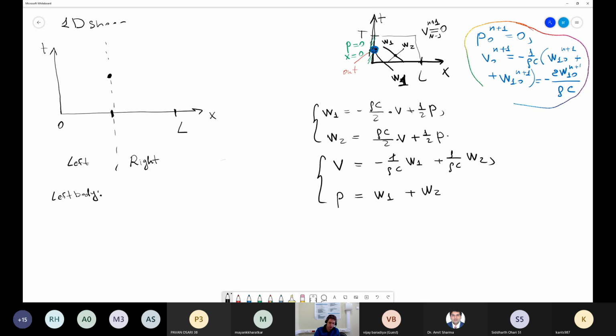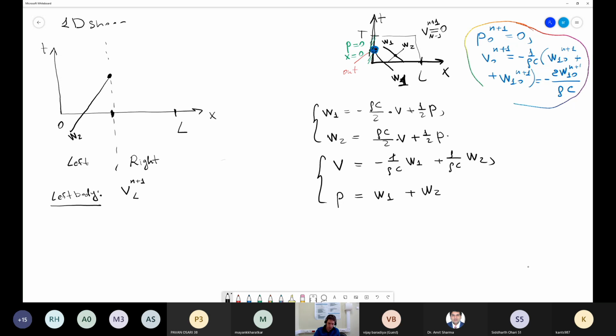That's why we can easily calculate on this boundary the value of the second invariant, W2, because this is an internal invariant, but we don't know the external invariant W1. Now we are dealing only with the left body, the left part of the medium. So what we can say is that here we have V at the next time layer at this node,